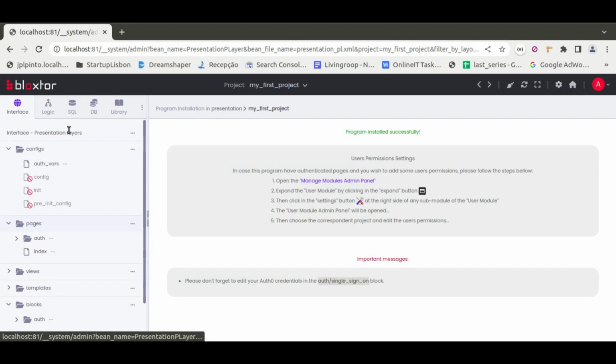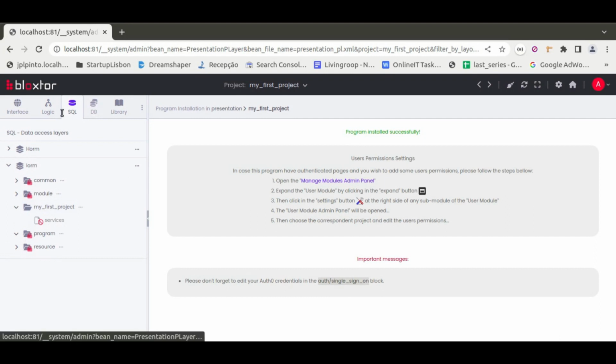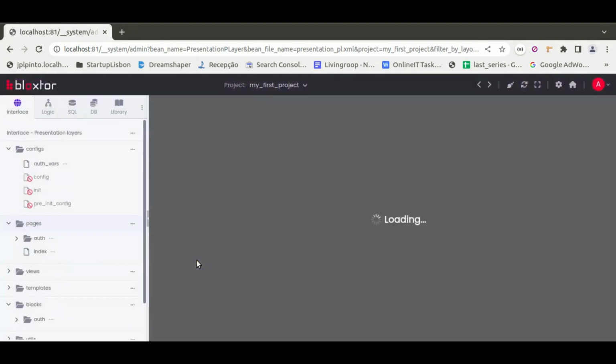If we didn't have a data access layer, if we just had an interface layer that connects with the logic and the logic connects with the database, the program would automatically install the corresponding files. So if we see here, we don't have any logic for the off file, and in here we should not have any files too. So basically this program only installed files in the presentation layer. But if we install another program,